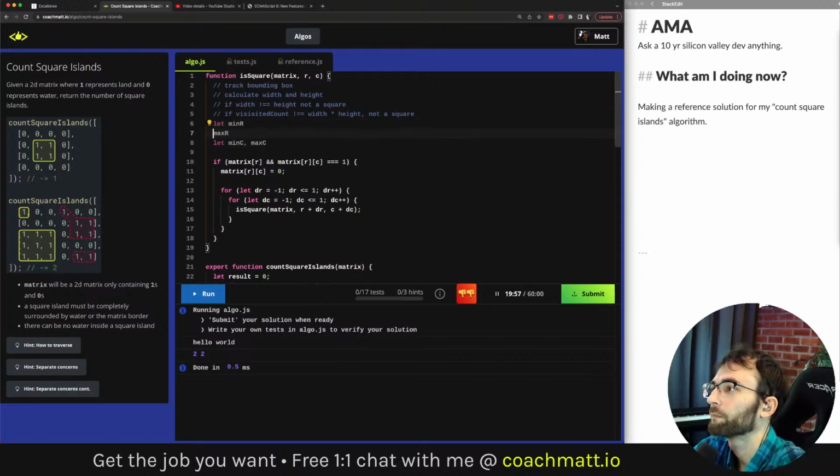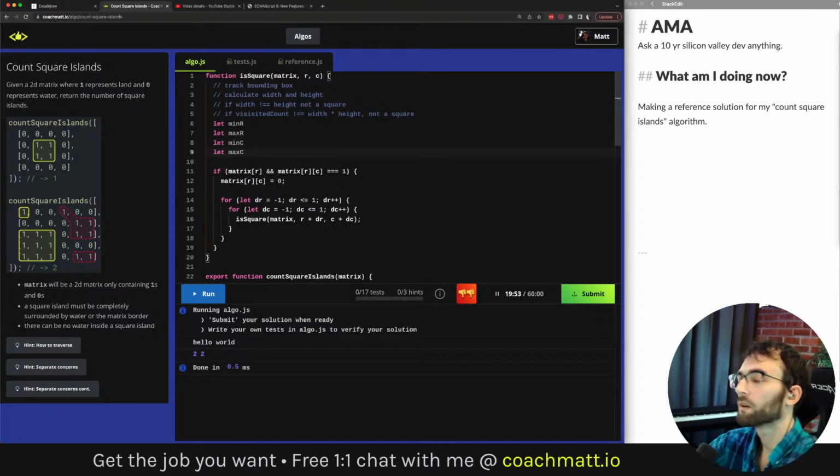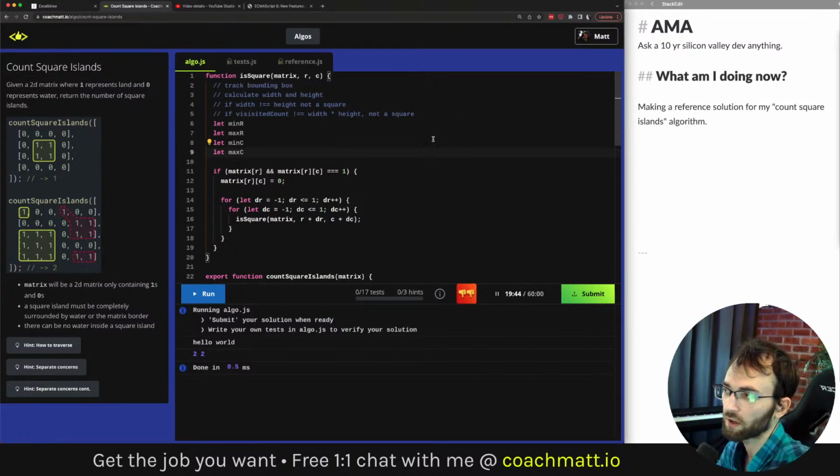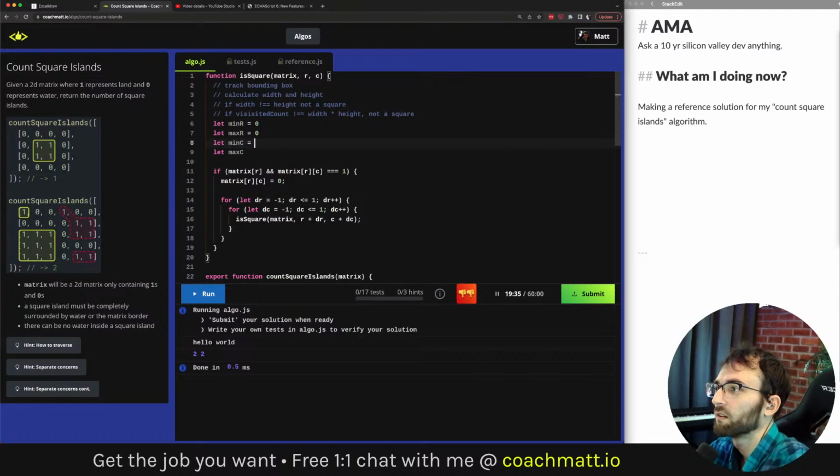Let's actually just define each of these on its own line. Also, when you're defining variables, it's a good idea to make sure that you are initializing them properly. So if we set all of these to 0, which generally feels like an appropriate initial value.